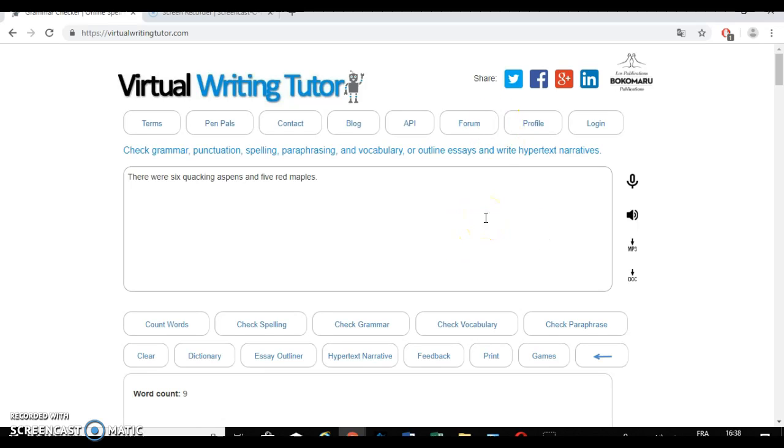It's next to the text area to the right. There is a little speaker, and it's a pronunciation app. So if you want to know how to pronounce something, you can go on Virtual Writing Tutor, click on the little speaker, and you will know how to pronounce a sentence. So yeah, now I heard how to write it, so I can now